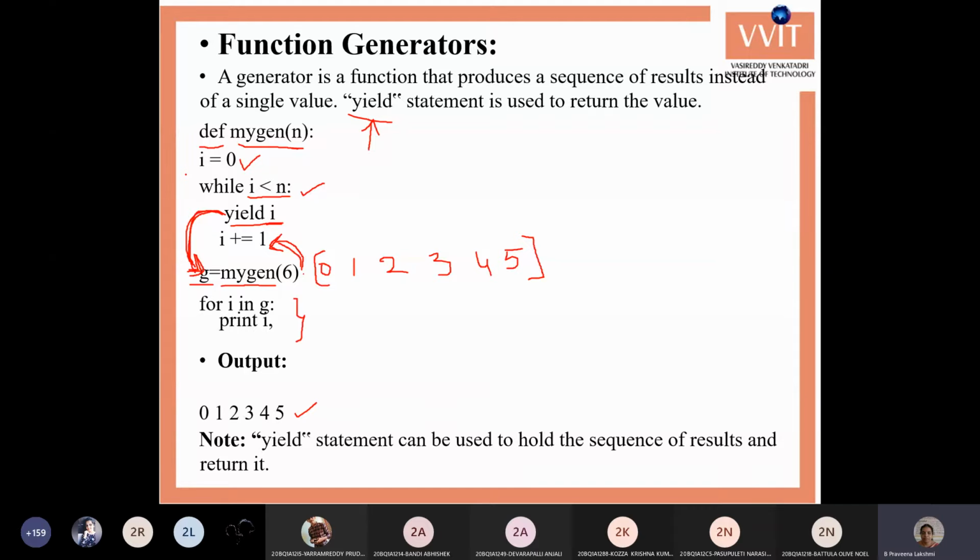Note down for this yield function, the yield statement. Note down the example for the yield statement.